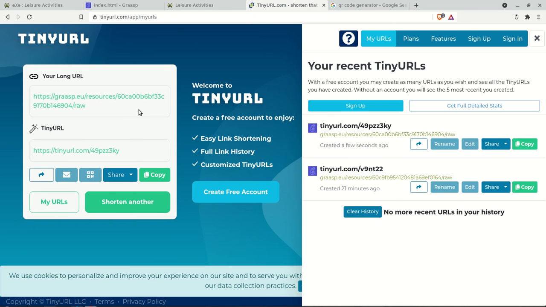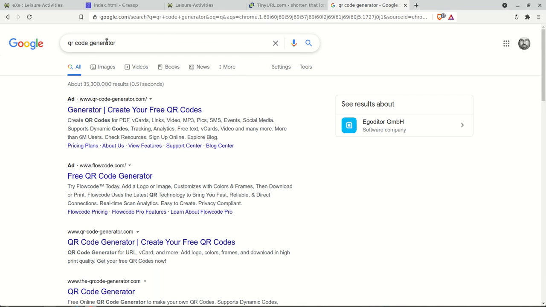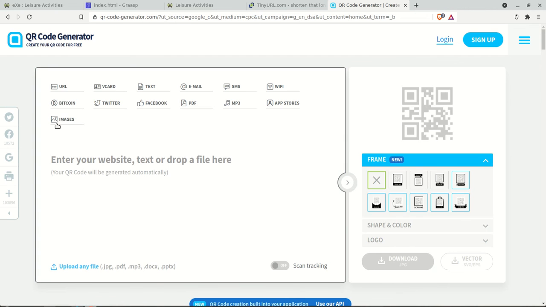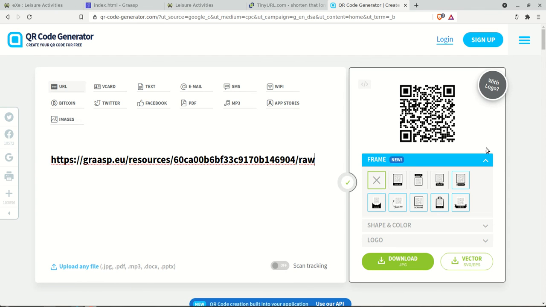Now there's another option that I would recommend, and it is to create a QR code. So for example, you look for a QR code generator on Google. For example, the first hit you get is a good option, qrcodegenerator.com, and see that there are different resources that you can turn into a QR code. This is a URL, so I'm going to paste my URL, and now I get this QR code,